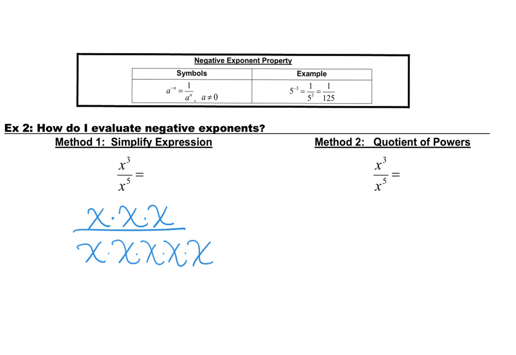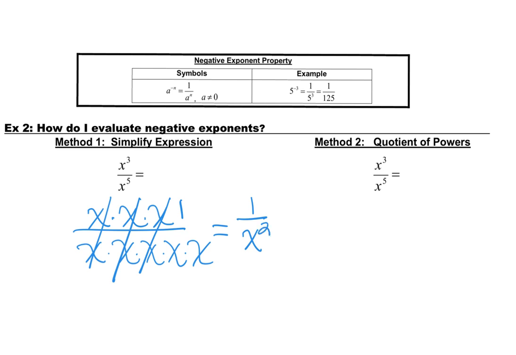And now we know that any number divided by itself cancels out, it equals 1. The same thing, x divided by x becomes 1. x divided by x again would become 1. And x divided by x becomes 1. Now, because this is on the top where they've all canceled out, you do need to put a 1 on the top as a placeholder. And then what you have left is 1 all over x squared,